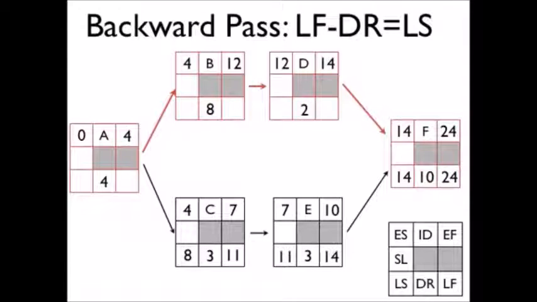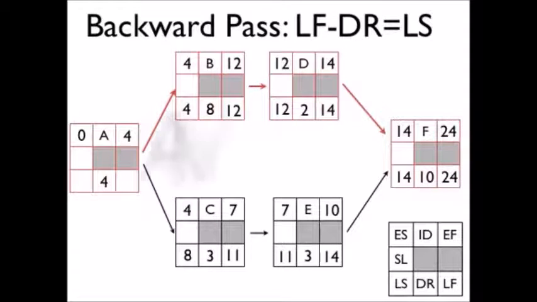Let's look at the top row here. If we take that 14 and put it into the late finish for D, minus 2 from that, and we get 12. Take that 12 and put it over into B, minus 8 from that, and we get 4. Once again, we have a situation. A is a burst activity, so when we come back into A for the backward pass,